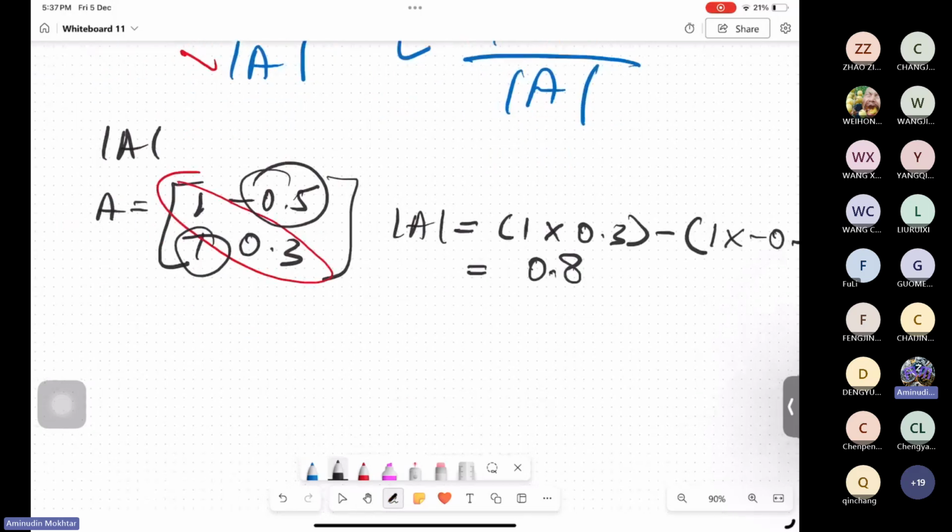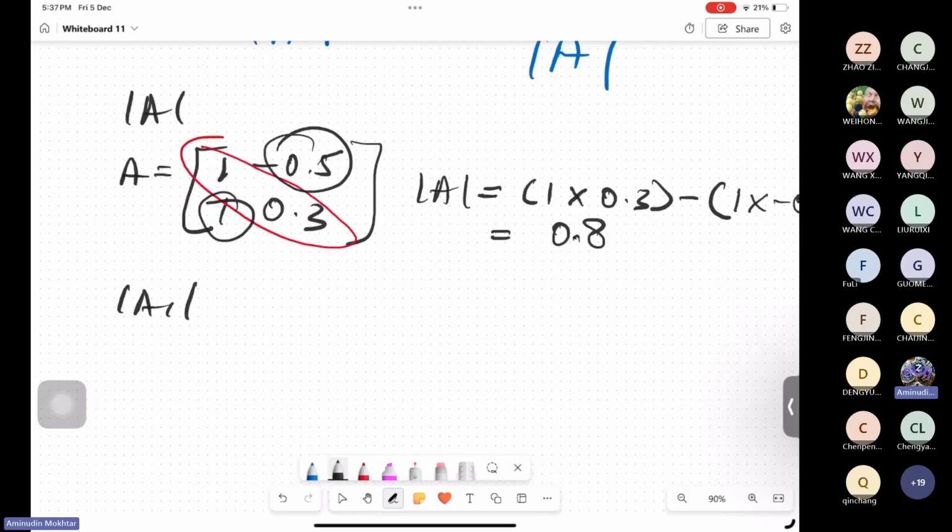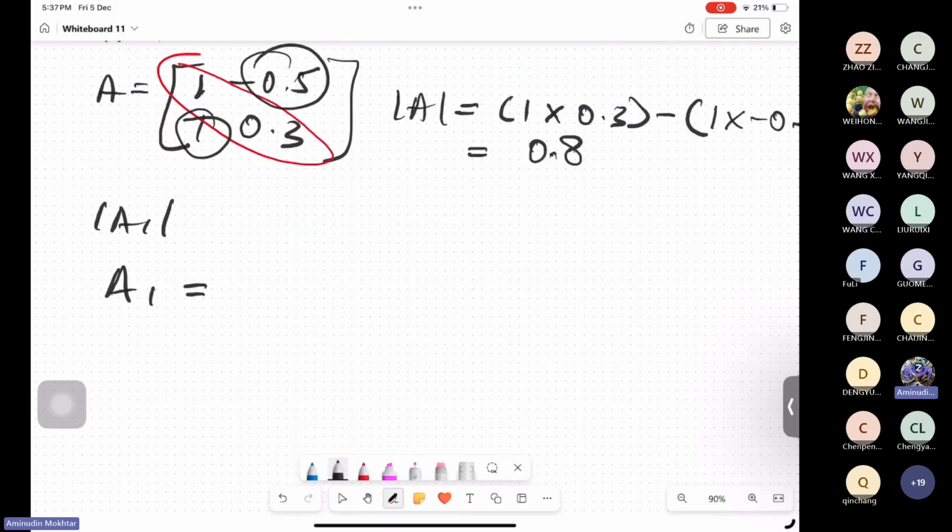Determinant of A1. The same process here. We need to find what A1 is. What is the matrix of A1? The matrix A1 is generated from the matrix A. You just write the matrix A first. The matrix A is 1, negative 0.5, 1, 0.3. So for matrix A1,